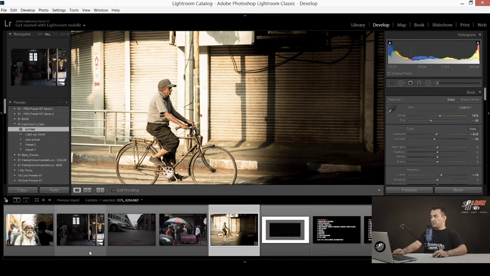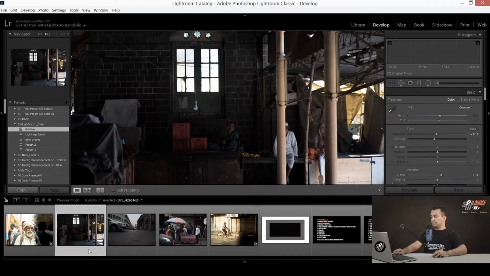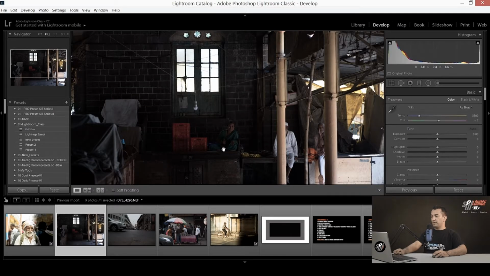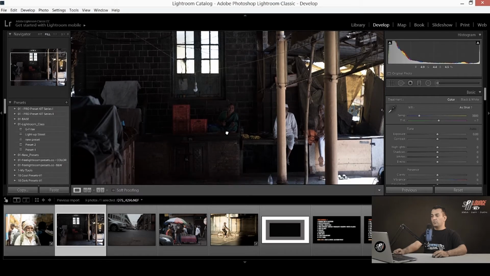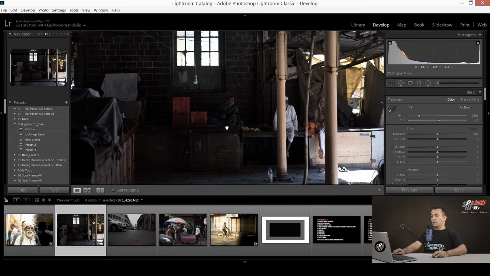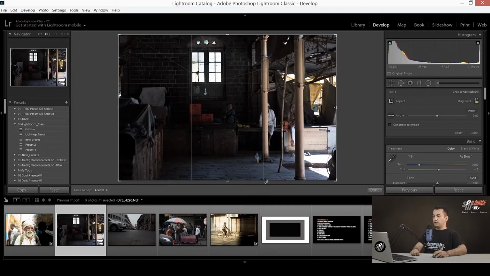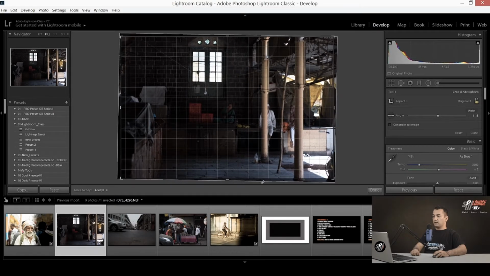And I'll give you one more example here of this image. So this is looking very underexposed, and whenever we are working with post processing with any image, better start with correcting the composition part. So making the horizontal lines look horizontal, vertical line look vertical. So that's a very basic thing about composition. And here I'm just going to correct it a little. So it's a very marginal error here.